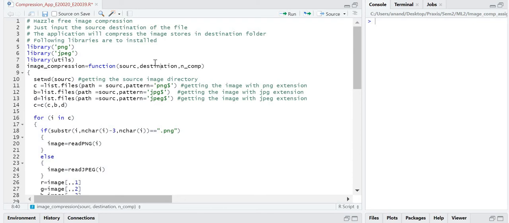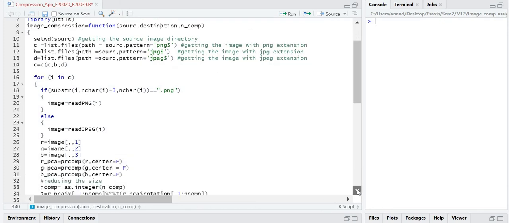So getting into the function. First, we are setting the working directory to the source path that the user has specified. Once we are in there, the function will identify the image files from the rest of the files using the file formats PNG, JPEG and JPG, which are mainly the image files that come in, and we store those file names into a separate small list which can be used further during the code.